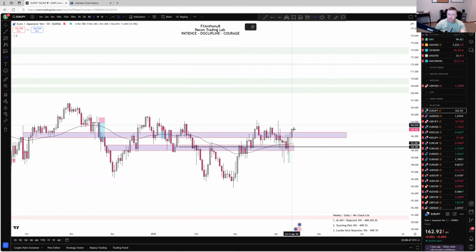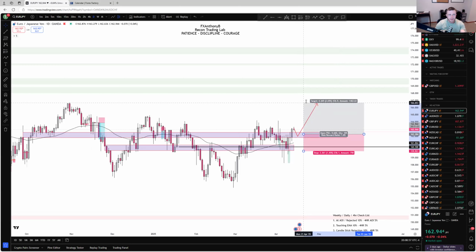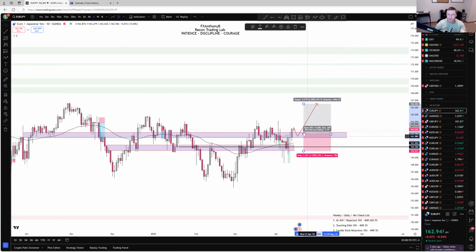Like so, I do like that we had to push. I want to see the pullback actually, and then I want to long it to here, looking at something like this for a potential 1 to 2. And depending on where we get in, stop losses will be adjusted to